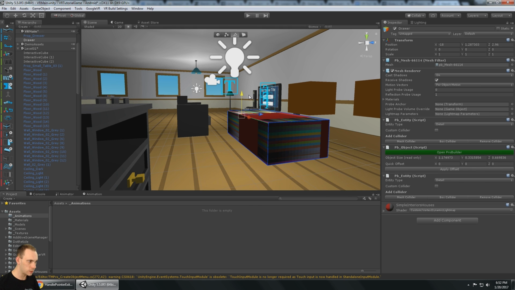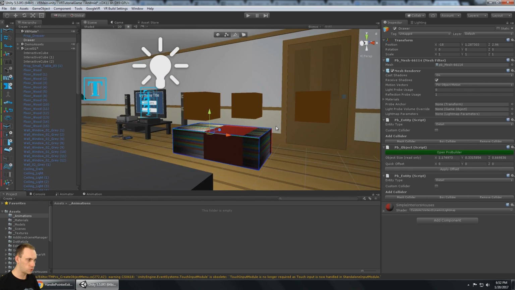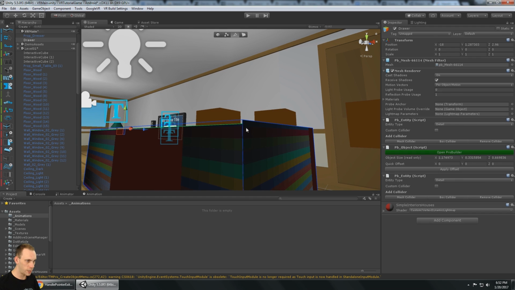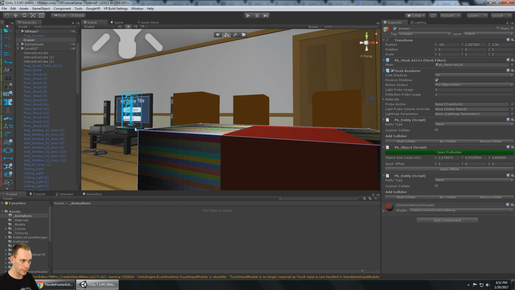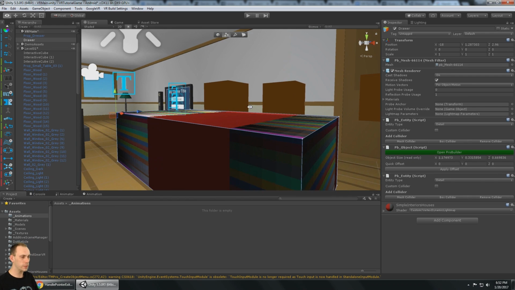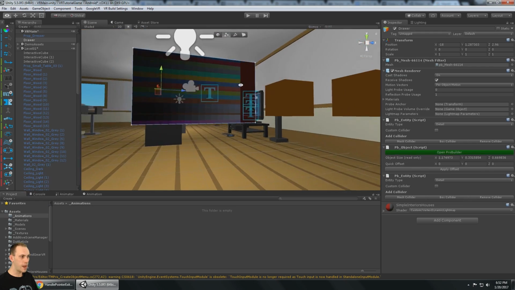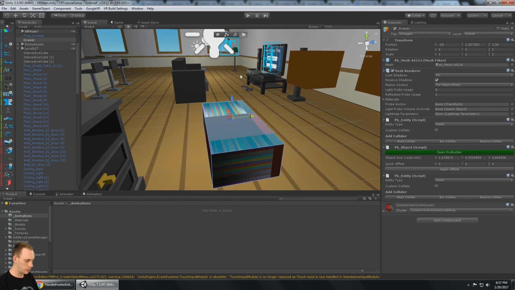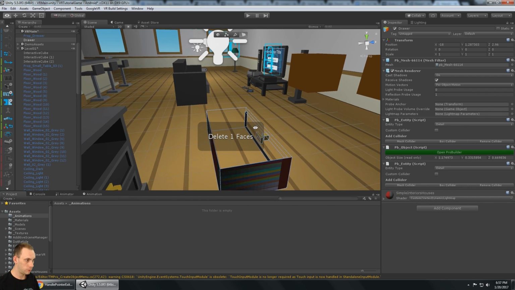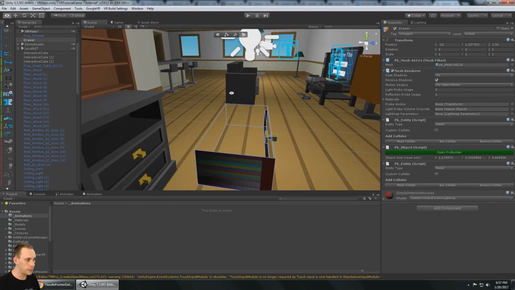The problem with that is you've got these extra vertices right here, and if you were to do that, we would have to select this whole area to get all the vertices there and weld those together. So select all the vertices, weld, and that's going to get rid of the extra vertex. So either way, we have the outside of the drawer done now. So this top face can actually be deleted,